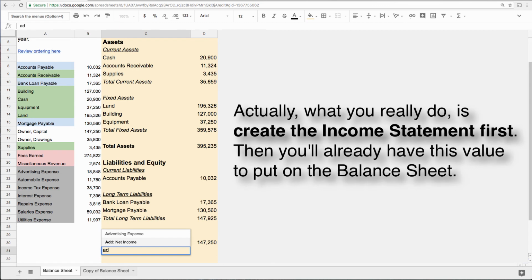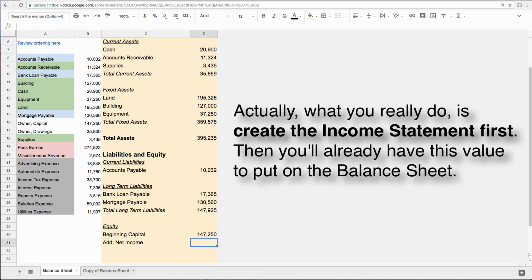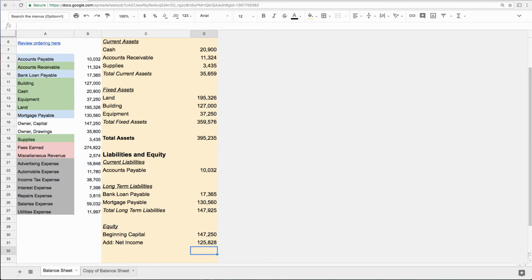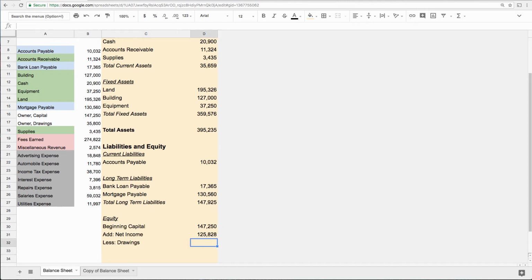So we're going to go add, and it's quite clear from just my eyeballing it that it's going to be net income. So I'm going to go add net income. I'm going to take their major revenue, fees earned, and we're going to add this miscellaneous revenue, and then we're going to subtract the sum of all of these expenses, and that's going to give us our net income for the period. Then we're going to subtract, so we go less drawings, and it will almost always be a less, so we're going to subtract this value, drawings of 35,800, and that, when we add it all together, will be